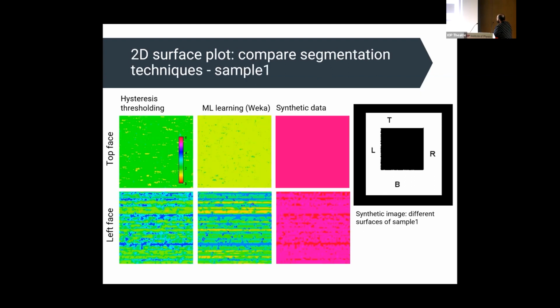Here we compare the different segmentation techniques all together on sample 1. So you can see the hysteresis thresholding for surface determination here, a machine learning approach, and that's the synthetic data, our ground truth. We can see that the scale gives you the maximum amplitude or the maximum height seen. So for synthetic data,